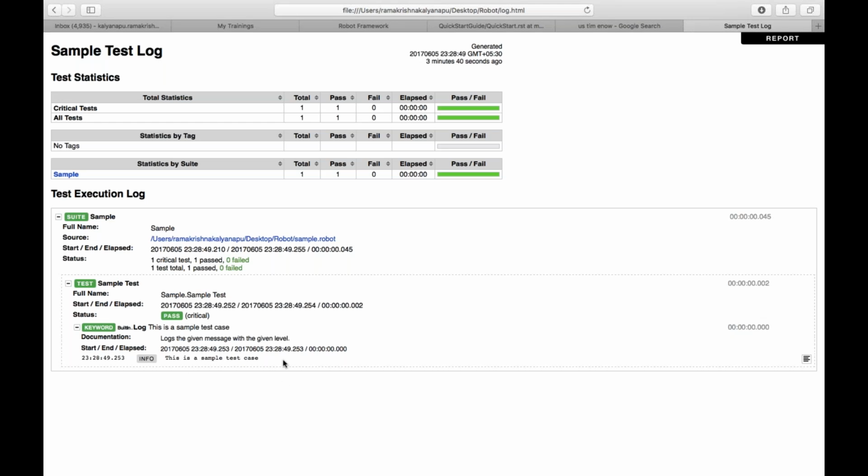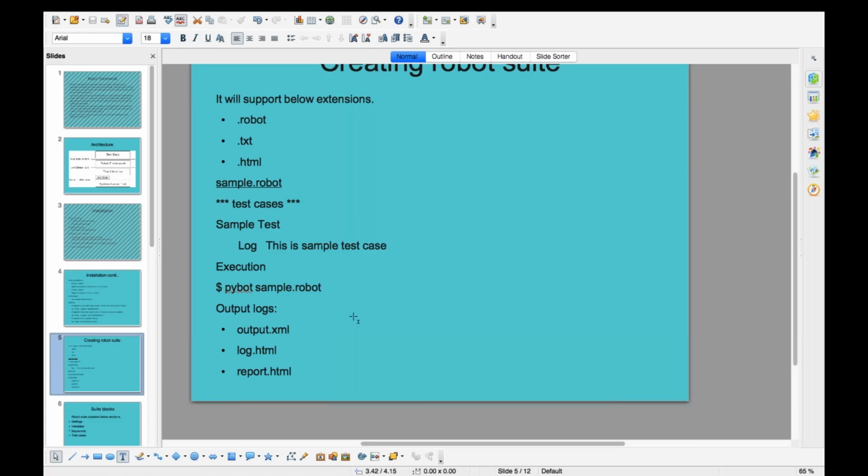So this is the one sample test case. In next classes, we can create a robot suite. There we'll take one sample scenario and we can automate it. So we'll get more idea on that. So that's how we can create a robot suite and we can execute it, so that the Robot Framework will